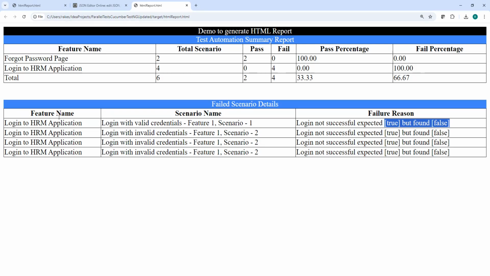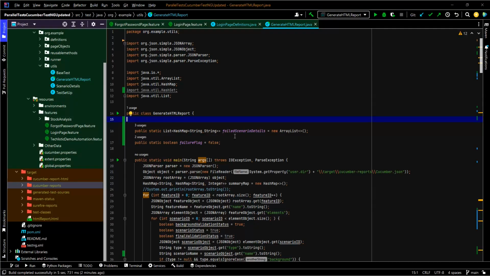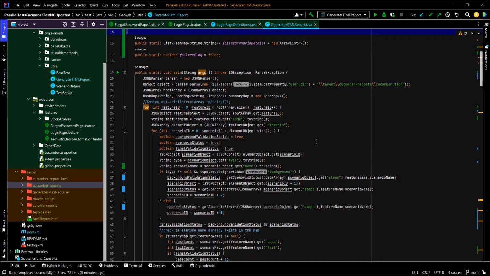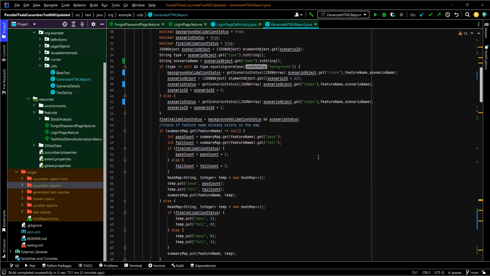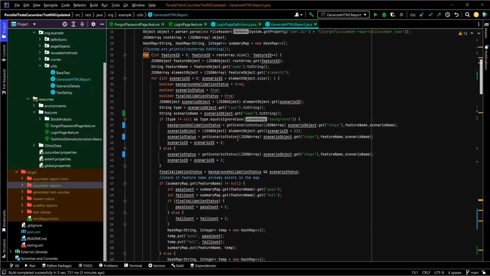Then I'll put it into one hash map as key-value pairs, and for each row I'll put it into a list, and then finally I'll print it. That's why I have created here the list of hash map of string comma string. Okay, perfect. Now if you remember, here in the getScenarioStatus, this is one method that we developed to